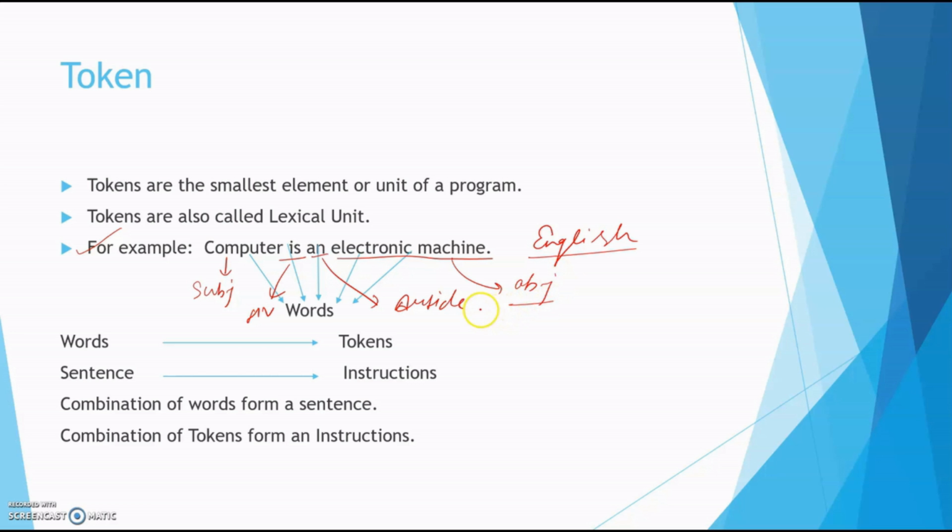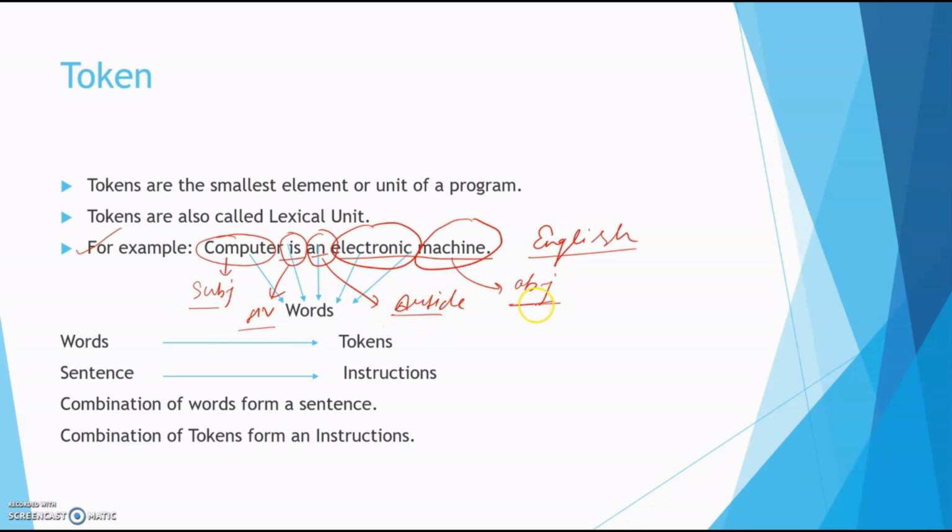So similarly, what is a token? Tokens are the words in a programming language. And there are different types of tokens, like in a simple English sentence there is a subject, a helping verb, an article and an object.